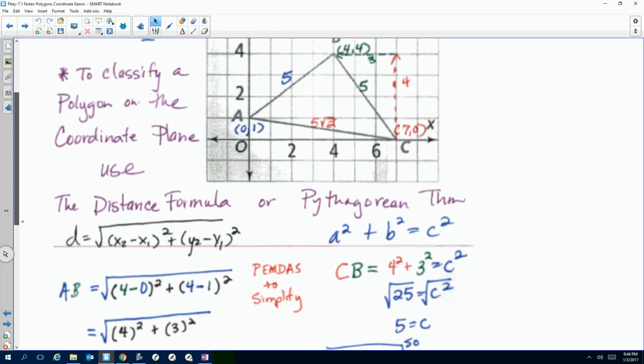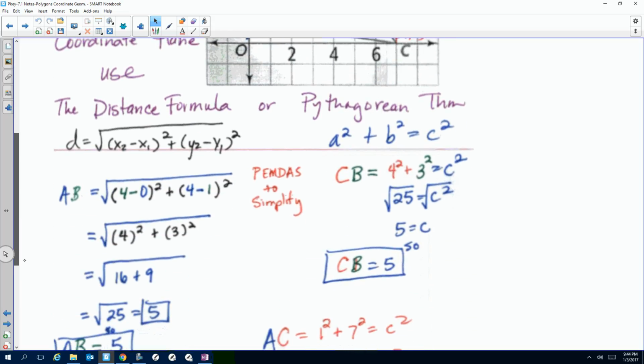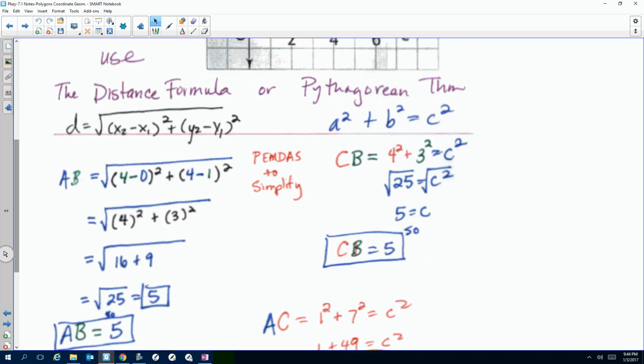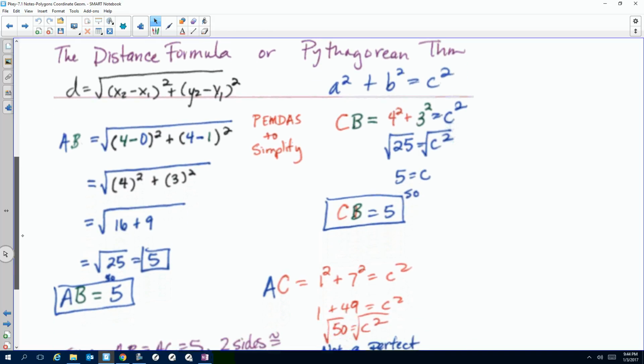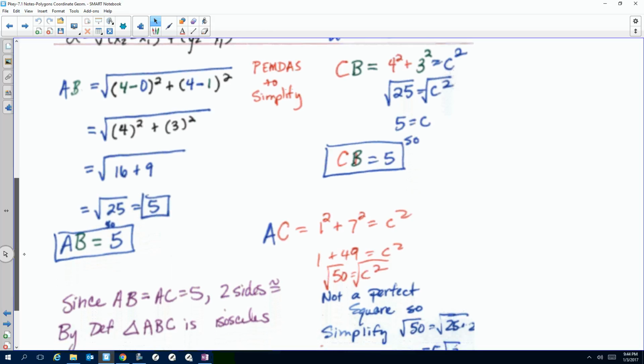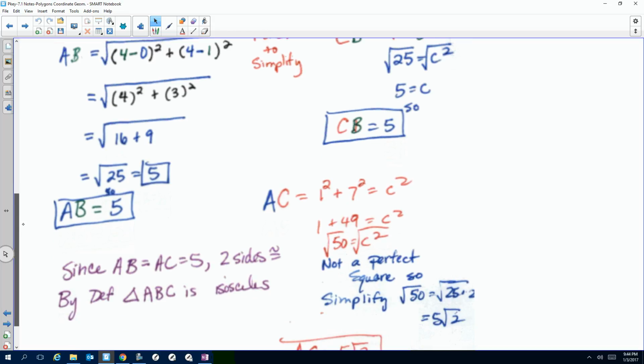So we did this one in class. I went through the steps, showing you me plugging in the actual coordinates, and then comparing our answers. Once I got an answer, I labeled it on the graph so I can see it. But basically, since AB and AC are both 5, the two sides are congruent, then by definition this was isosceles. And we talked about simple